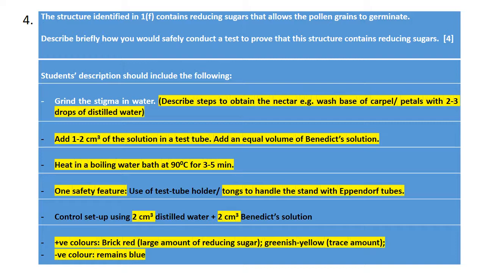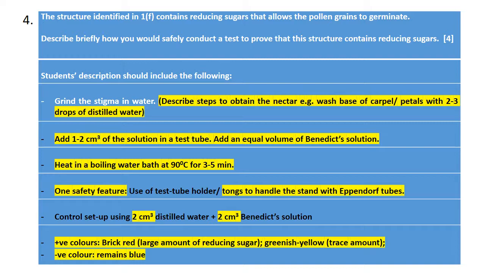All right, now, so if you are getting from all these places, you can actually put 2 or 3 drops of distilled water to wash off some of these sugars, or 2 or 3 drops of this water at the base of the carpel or petals, okay, to obtain this sugar. Now, after that, you add 1 to 2 cm cube, depends on the amount, you add the same volume of the Benedict solution. And after that, you heat, okay, in a boiling water bath at 90 degrees for about 3 to 5